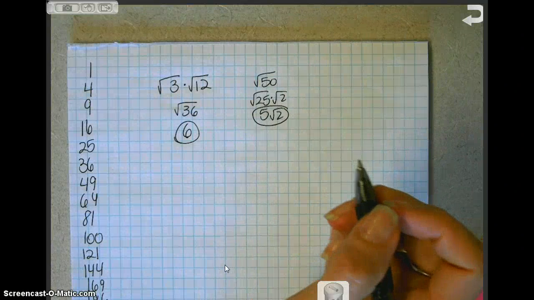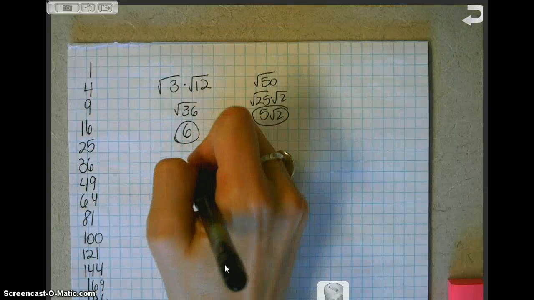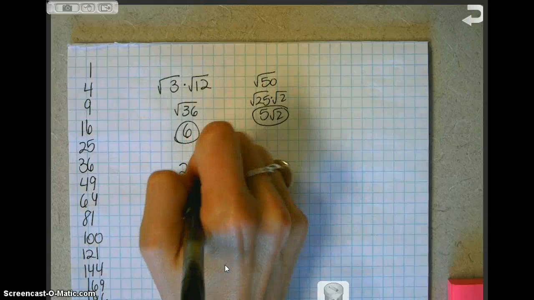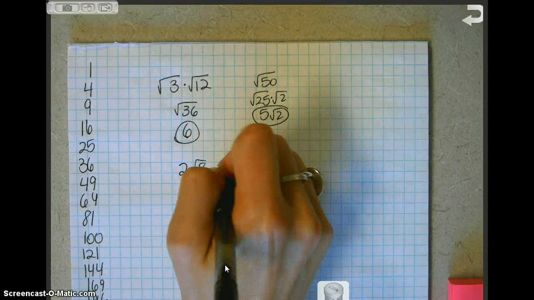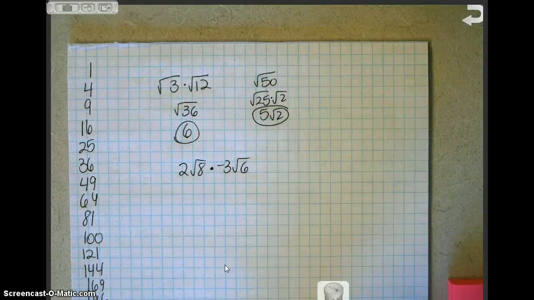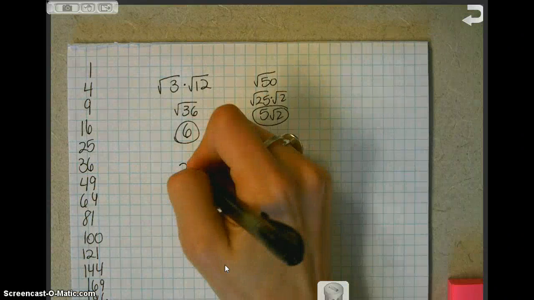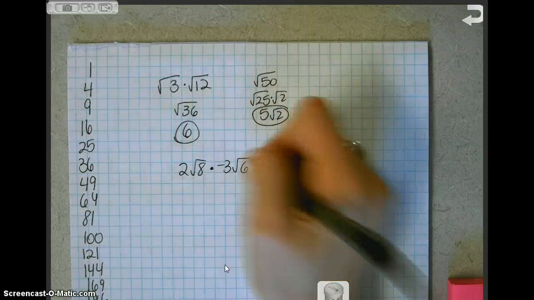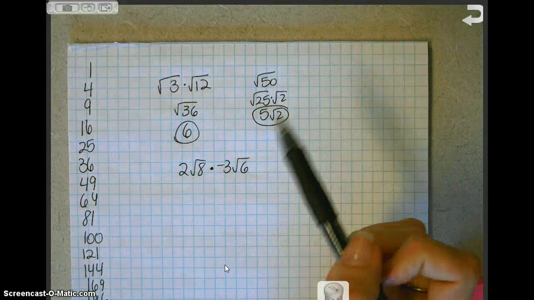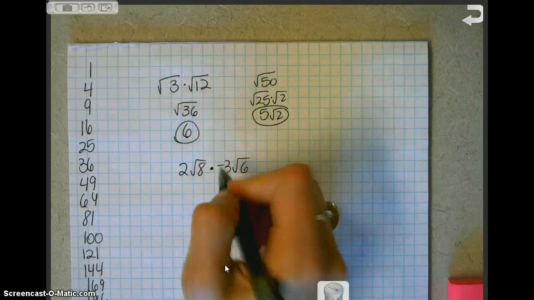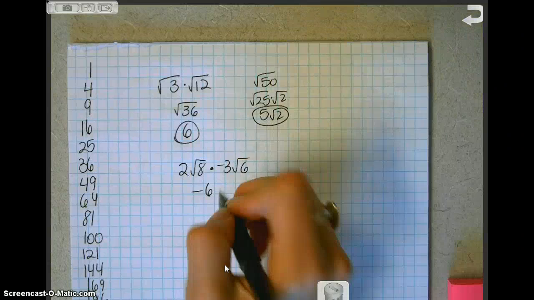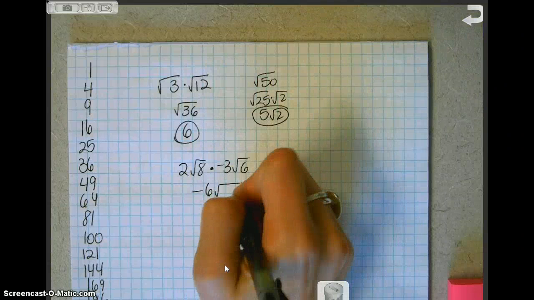The thing is also, what if you've got 2 square root of 8 times negative 3 square root of 6? In this problem, you have 4 factors multiplied together: the 2, the square root of 8, the negative 3, and the square root of 6. One option is to multiply the 2 number factors together, and you get negative 6. Then you can multiply the radical factors together, and you get 6 times 8 is